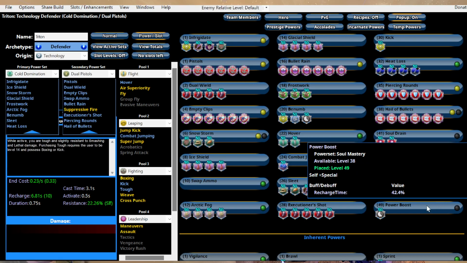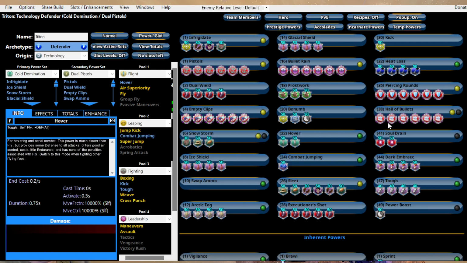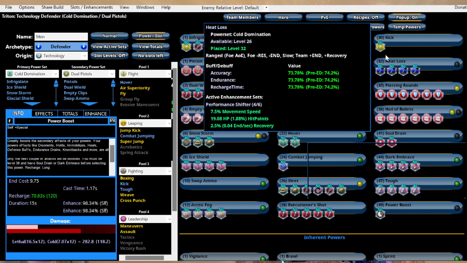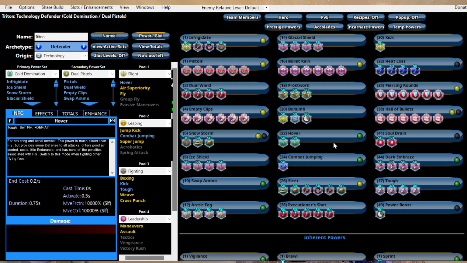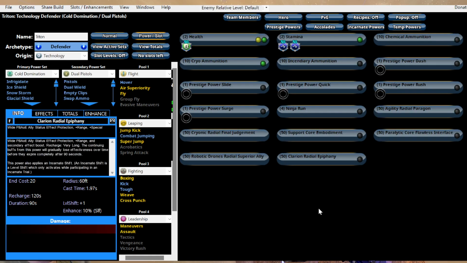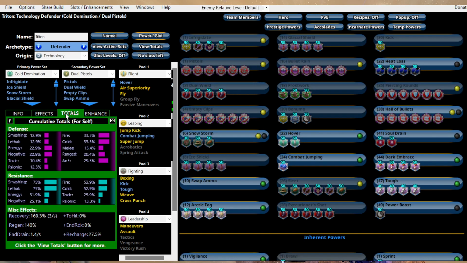So if we take a look at my overall numbers, you'll see what I'm talking about. I can go ahead and make sure I've got everything shut off. I don't want heat loss turned on at this time because it's usually not just on. Turn off my pop-ups. All right, that's all been deactivated, and then, yep, all my incarnates are shut off. Okay, so if you take a look at my totals then, you can see with just bare bones what I'm